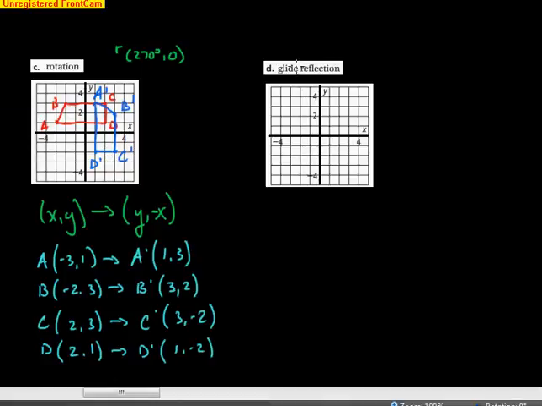Okay, and then the last one, the glide reflection. So remember, this is a composition. So it starts with a translation and then ends with a reflection. So here's my reflection after translation. And let's say